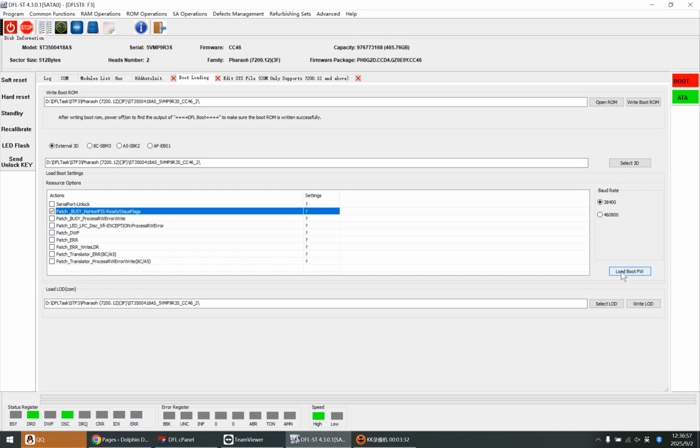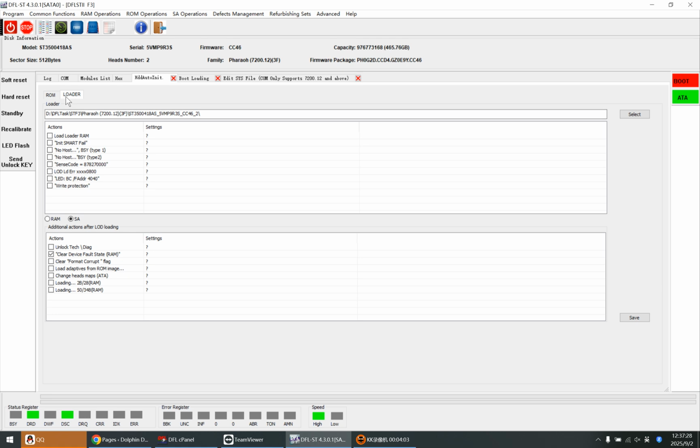After this one, we can try to access the patient drive again. We can exit the program and re-enter the software to see if the issue of the no-host busy has been fixed or not. Okay, so this is the third method, and the fourth method here,